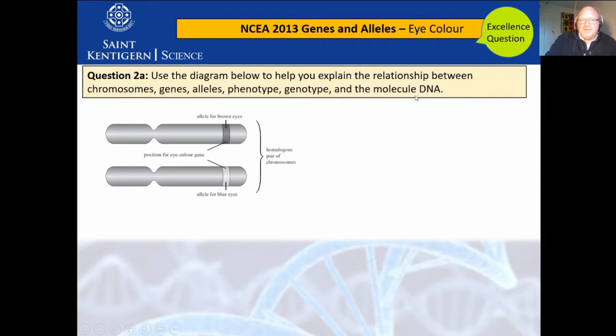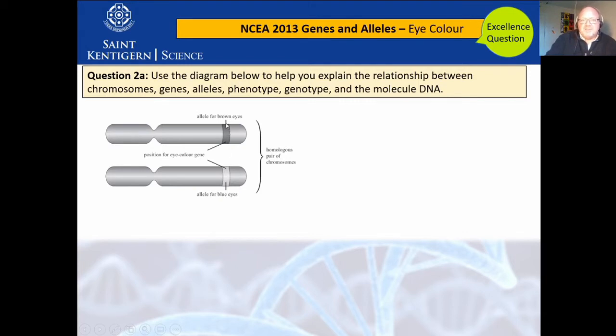Now, a piece of DNA that codes for a specific trait or protein is called a gene. So it's a section of DNA that codes for something specific, but we get two chromosomes from sexual reproduction. So one chromosome was from our mom and one chromosome was from our dad. And both of these contain the gene for eye color, which is that specific section of the DNA that codes for eye color. But the differences between them, we call them alleles, because one was maternal and one was paternal,